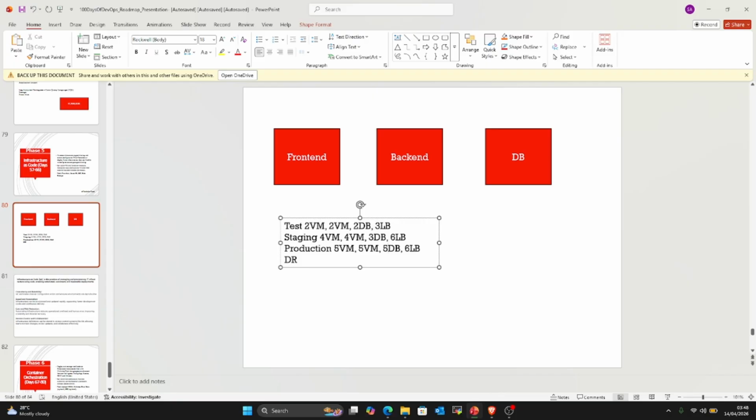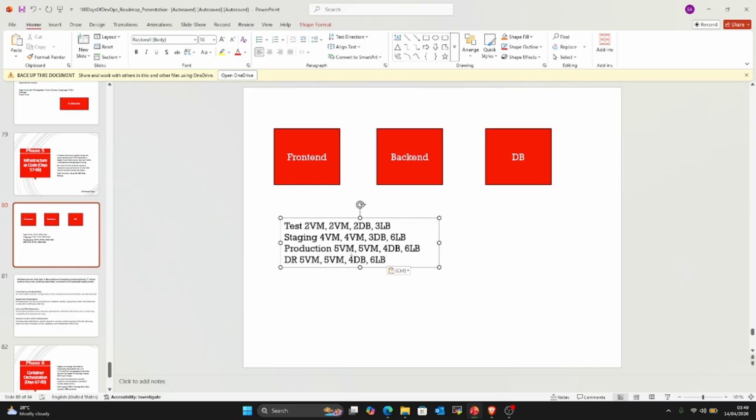So you still have the same number of load balancers, and this is replicated to the disaster recovery. So when you look at this now, you have 2, 4, 6. For the test alone, it's 9. You're provisioning 9 resources. For staging, you're provisioning almost 20 resources.